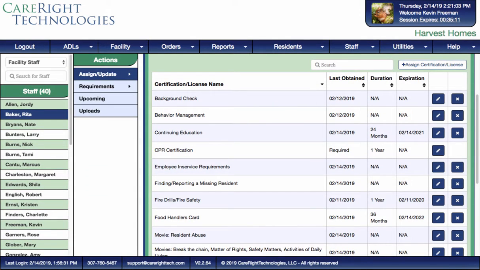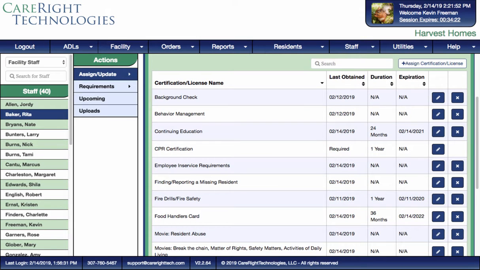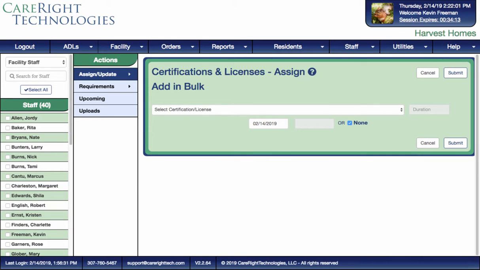Certifications and licenses can also be added in bulk. Select the Assign Update action and then the Add in Bulk sub-action. Select any number of staff members to assign this certification or license to. After that, it's exactly like assigning to an individual staff member. Select a type from the pull-down,